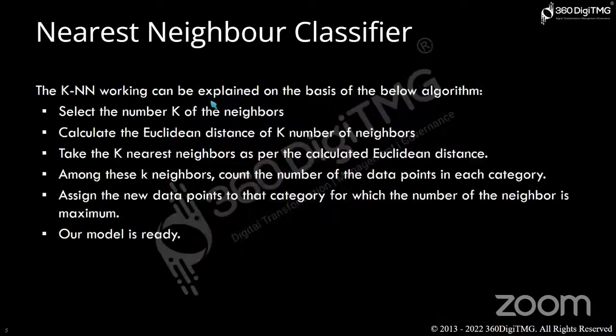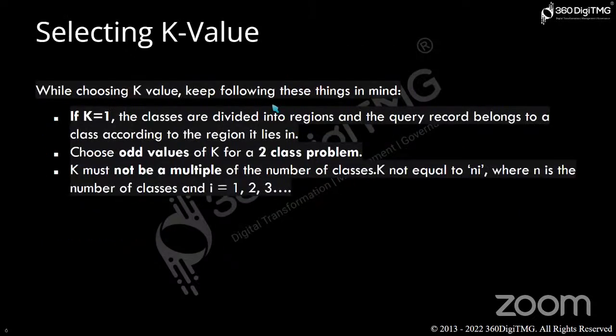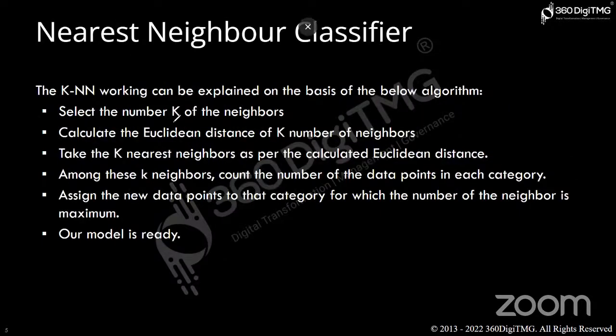So let's see it again in text. KNN working can be explained on the basis of the algorithm written here. First we select the number of k. It is very crucial, selecting the k value. First we'll select the number of k, the number of neighbors we are having. Once we have got the number of neighbors, next we will calculate the Euclidean distance